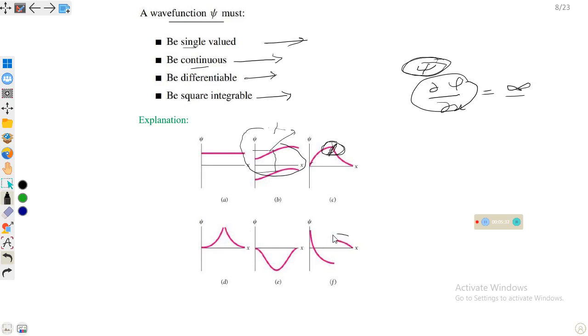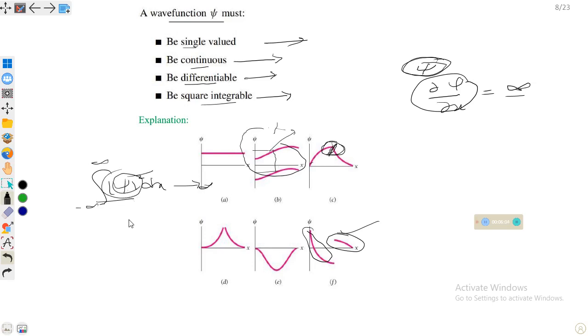For example, this is not continuous, so it is not a wave function because it is discontinuous. Similarly, it should be differentiable, meaning its derivative should not be equal to infinity. It should be square integrable, meaning a wave function should not go to infinity. If we find its integral of psi square dx, it should not go to infinity; it should give some finite value because